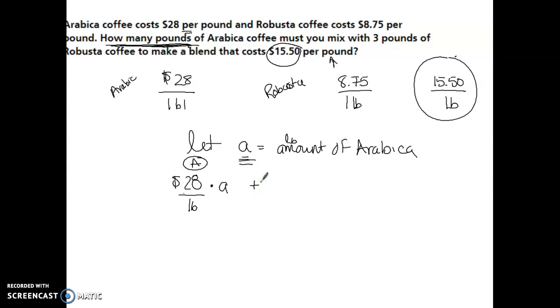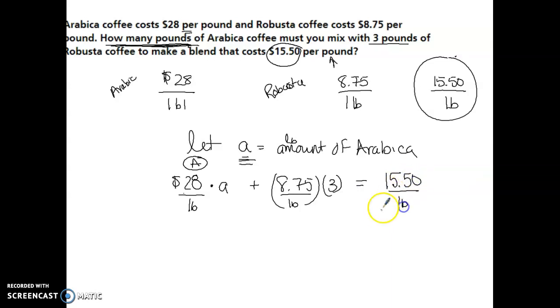I'm going to multiply that times how much Robusta coffee. Well, they said you're going to mix it with 3 pounds. So I am actually multiplying the Robusta coffee, or $8.75, right, per pound, times 3, because that's how much Robusta coffee I'm going to mix with it. And what I want is I want the cost to be $15.50